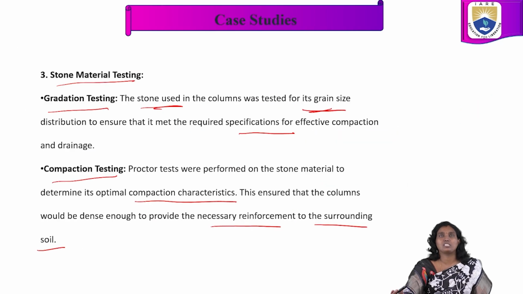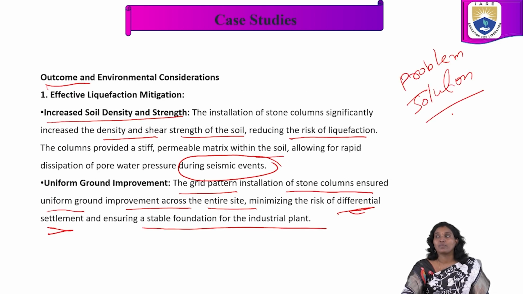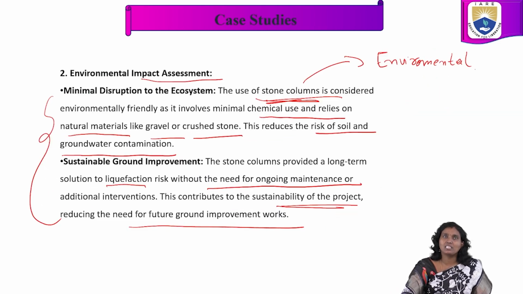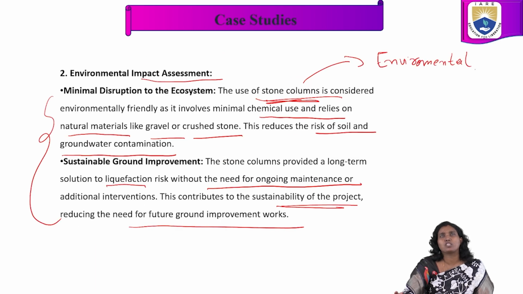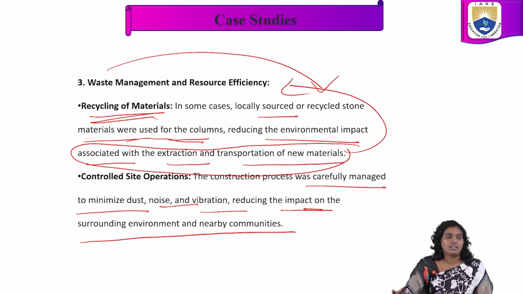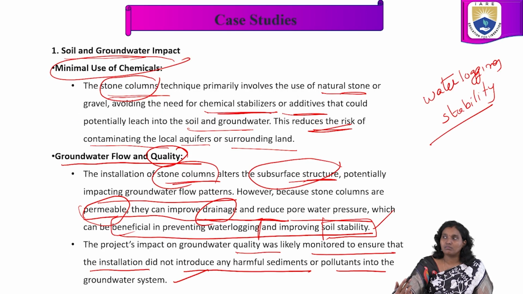What are the construction processes involved? What are the tests involved? How are we going to understand the various parameters? What are the outcomes we are going to impact in this particular scenario? And also environmental parameters: how are we assessing in various categories like wastewater management, energy consumption, and what kind of impact we are getting under various scenarios like soil and ground, how we are minimizing, what kind of approach gives the least environmental impact,